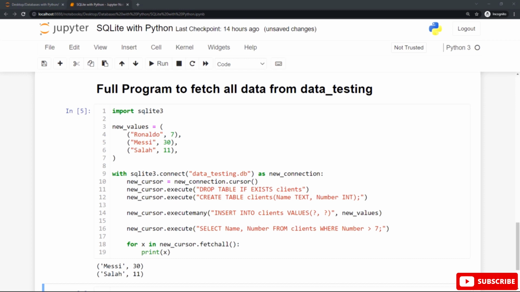So we use the execute function again with the cursor function, with the variable name that refers to the cursor, to create a new table called clients with the create table statement. The create table statement is followed by the name of the table, and it has 2 columns as you can see, name and number. The data type for each record in the name column is text, and the data type for the number column is integer, or int,